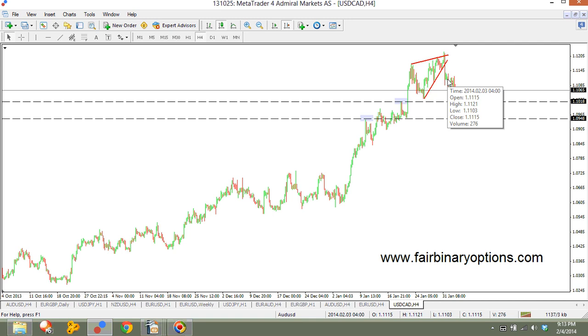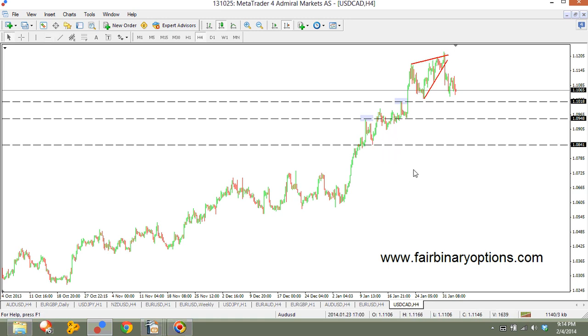If this was supposed to be an ending diagonal, it would be a totally different story, but it is not an ending diagonal. Being a terminal impulsive move, it means that price is mandated to move into the territory of the previous fourth wave. We said that the previous fourth wave started here, if this is a running variation of a contracting triangle, and most likely will end at these lows here. Because of that, we are buying put options, as this area here is mandatory, but mark my words, mandatory to come. So if this area is mandatory to come, and this area starts at 109.48, but price now is 110.65,